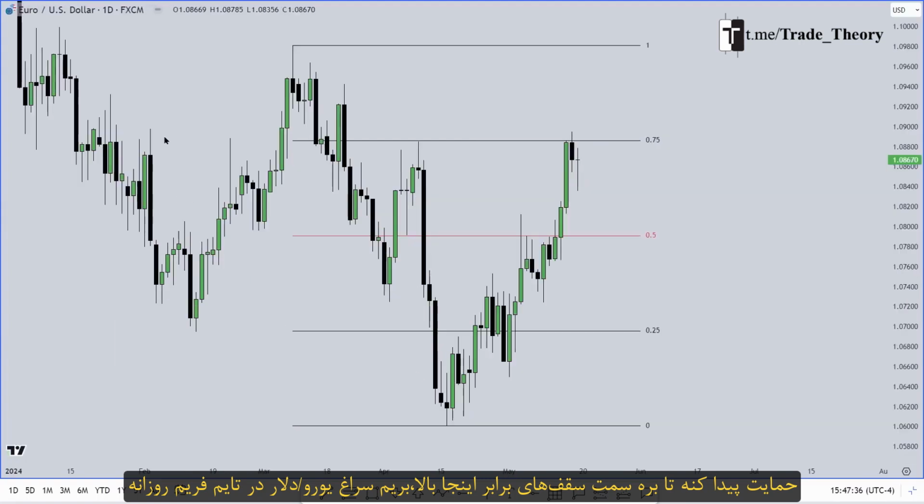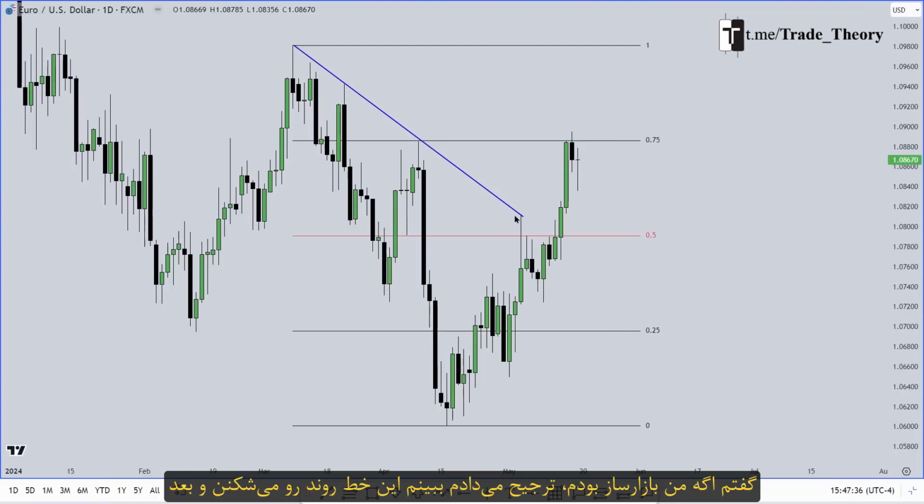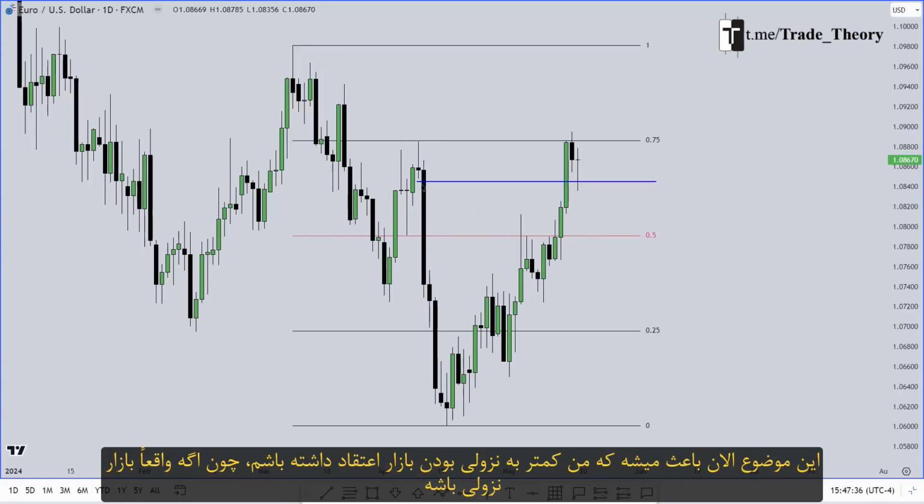Moving on to the Euro Dollar here on the daily time frame. Last week we were down here and I said we had this trend line that retail were looking at. And I said that if I was making the market, I would prefer to see them upset this trend line and then potentially run lower to the levels that we highlighted on the weekly time frame. I wanted to see if we would dig up into this sell side imbalance, the remainder of it, and you can see that we really ran through that level over here.